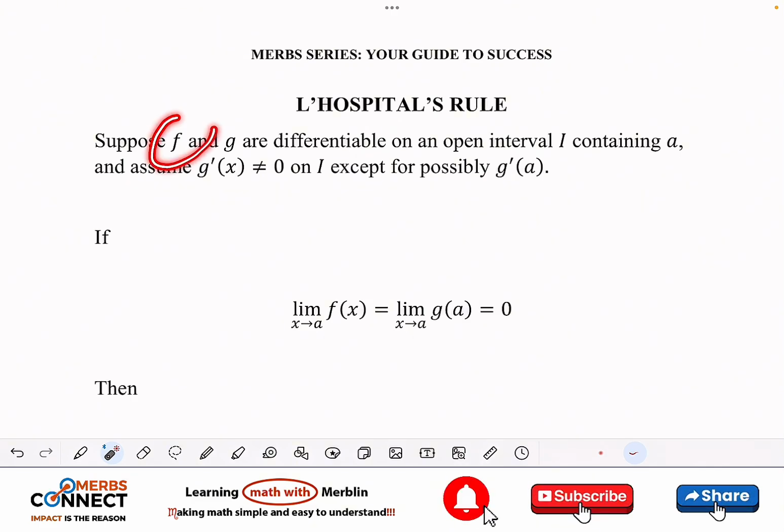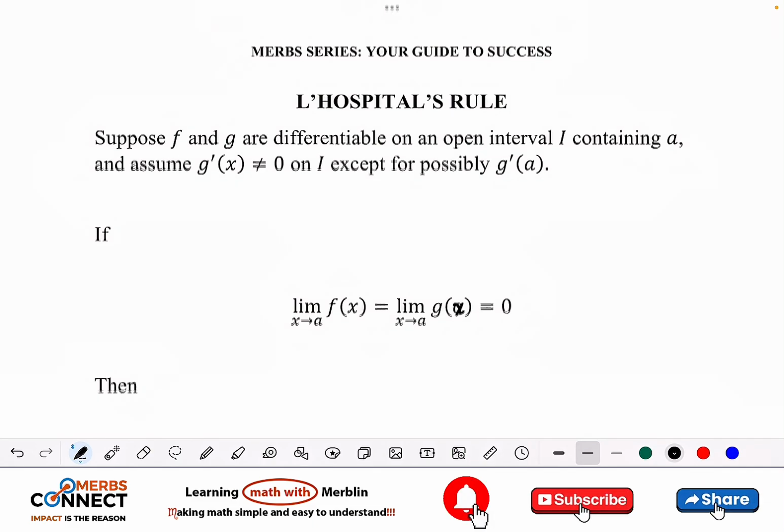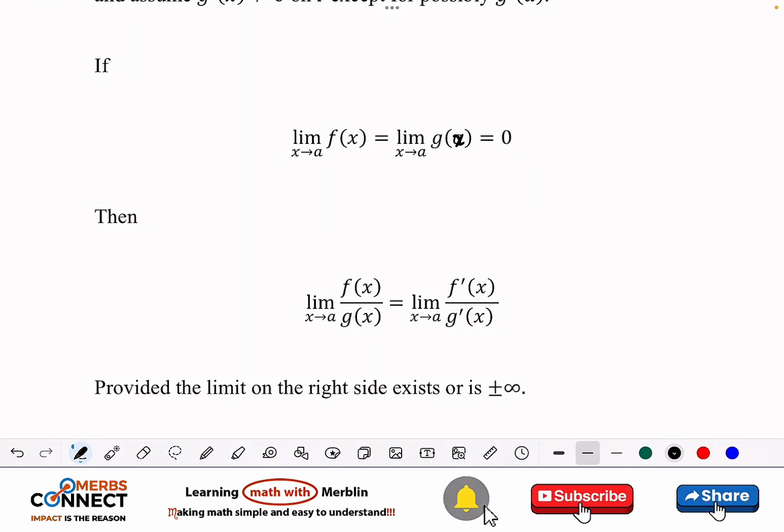So we are saying that we have f and g and they are differentiable on the open interval, right? And such that when I differentiate the function, it's not equal to 0, right? But when I plug in the limit, we are assuming that they are all giving us 0. So the top is giving me 0, the bottom is also giving me 0. This one should be x, right? So that is basically what we are doing here. So if when I find the limit of this I'm getting 0, and the limit of this I'm getting 0, then we are saying that this is the same as just differentiating the function here and differentiating